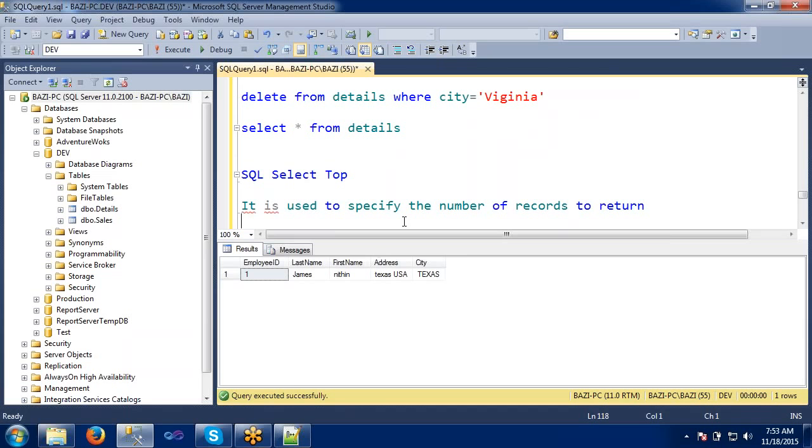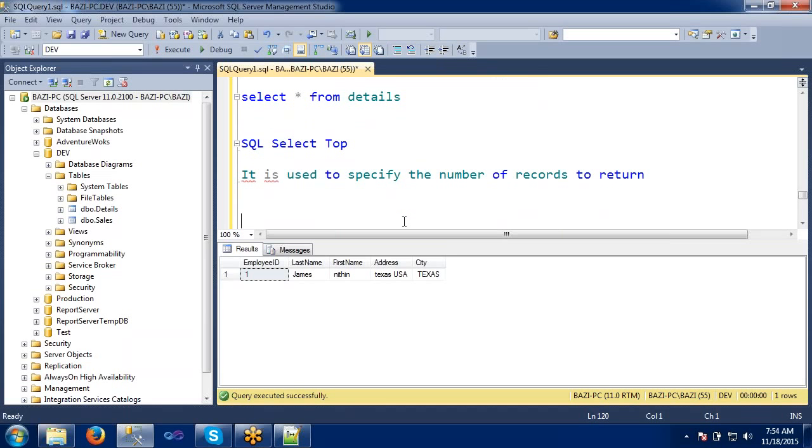Generally, when we are applying select top, our table should consist of more than some 10-15 records. Because when we have huge records, only then can we apply select top, meaning we are filtering the top records from the table.